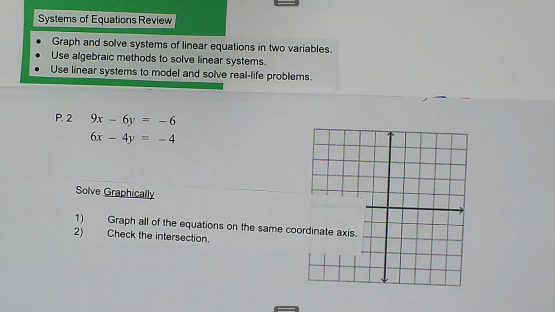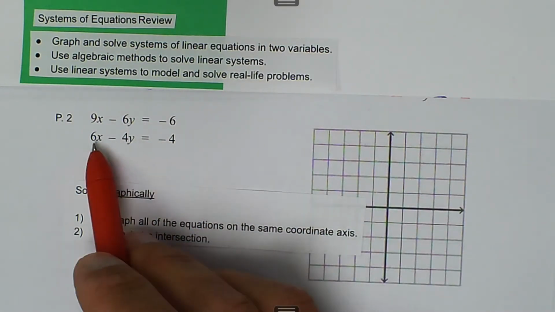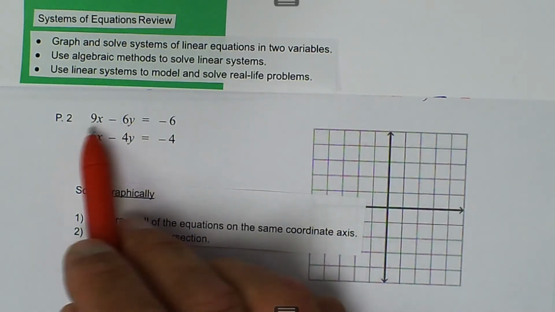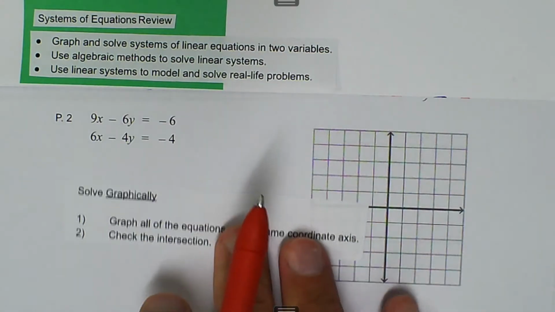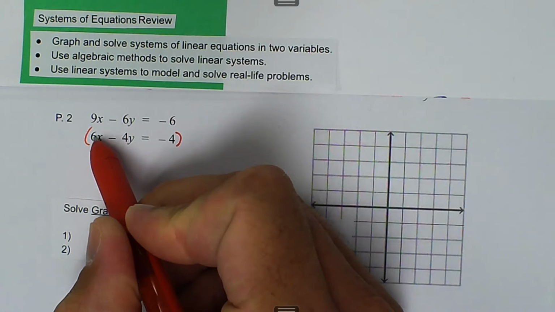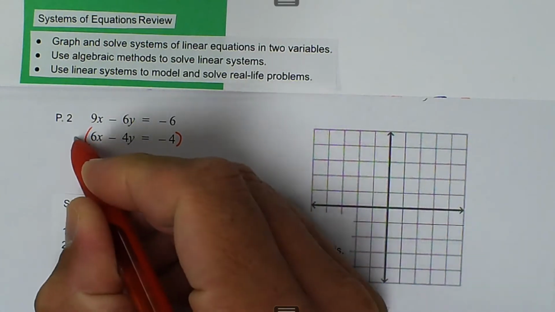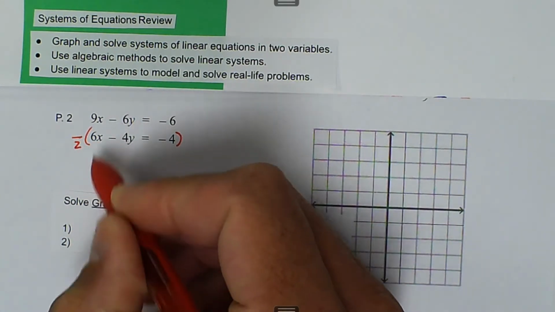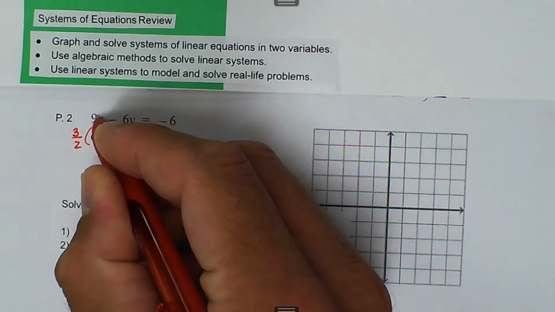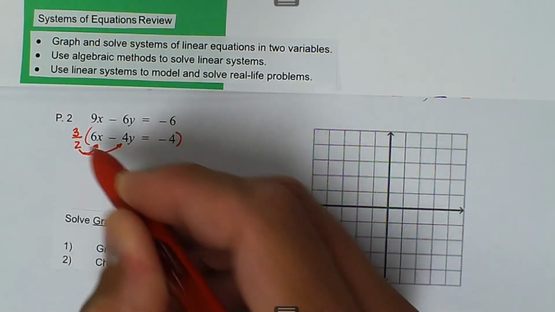But right off the bat, I recognize that this linear function at the bottom is a scale factor for this one at the top. So basically, how could I make 6 become 9? If I divide 6 by 2, that will give me 3. So 6 divided by 2 is 3, and then 3 times 3 is 9. So if I multiply all of these by 3/2,